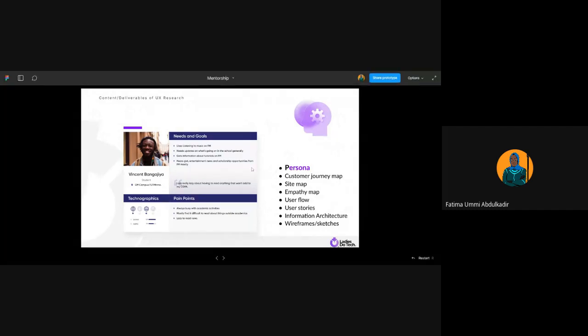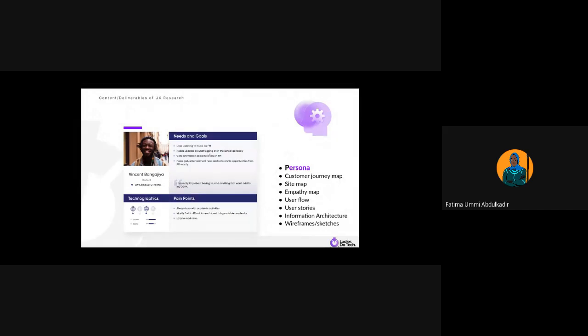Okay, so for instance, let me cite an example with this persona here. I have it as the user needs. This is a basic persona. If you go online, you're going to see different kinds of persona with different touch points that are tailored towards the problem you're trying to solve. Sometimes it's not everything you need on a persona. It should be focused on the problem you're trying to solve. The entries you are collecting should be based on the problem you're addressing, if you get what I mean.